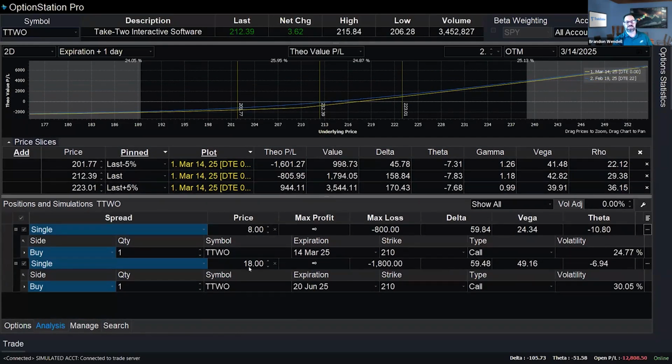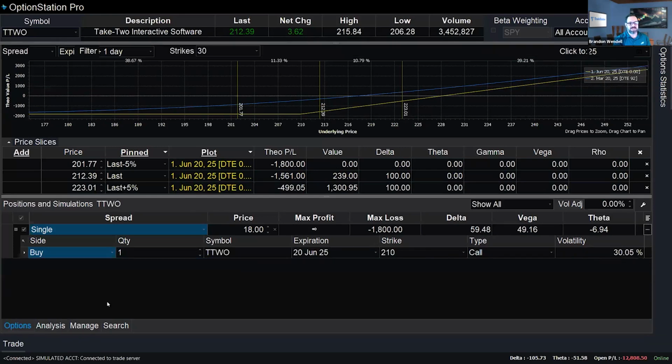And here we have, obviously it's costing more, but that's the deposit that I'm going to get back for the time. So it's going to cost me not 800, but now 1800 to buy an option that's further out in time until expiration. But what I've done by doing that is increase my volatility exposure, almost doubled it, right? From 24 to 49. So that's going to help me, especially if I buy in very low volatility. And I've reduced my time exposure, my theta. So I'm taking that a little bit further out of the equation just by selecting an option that expires further out.